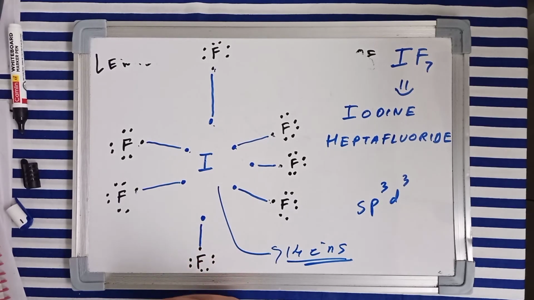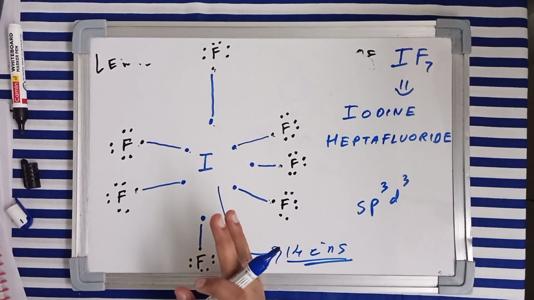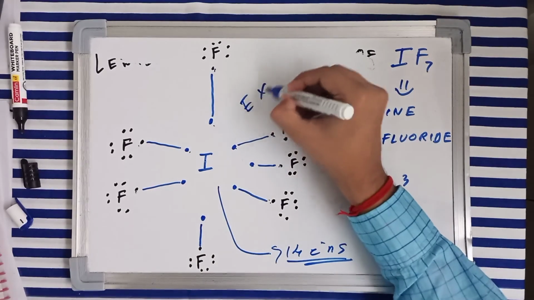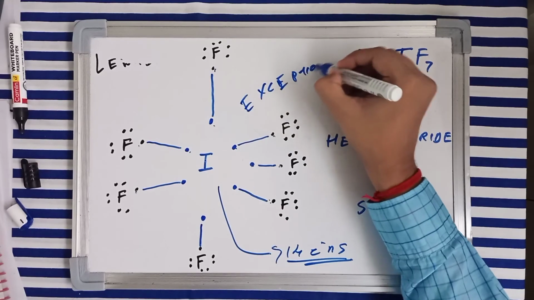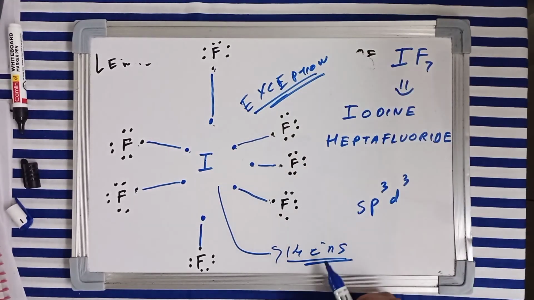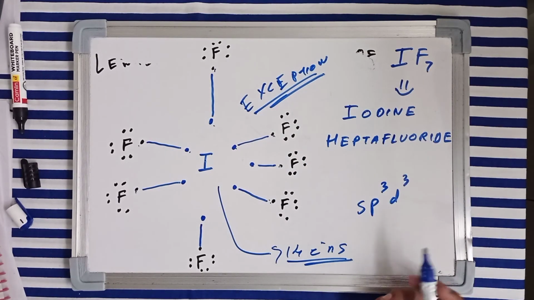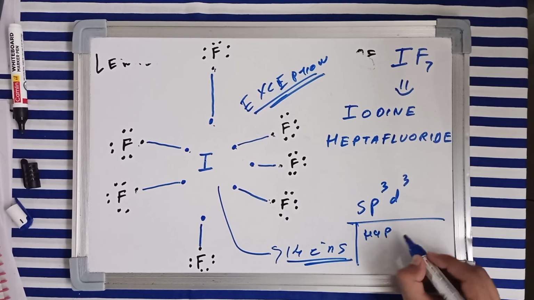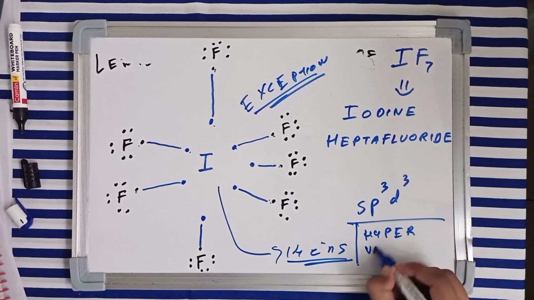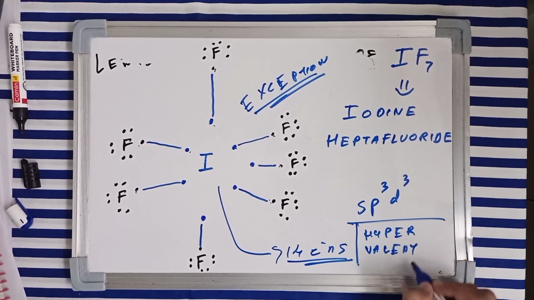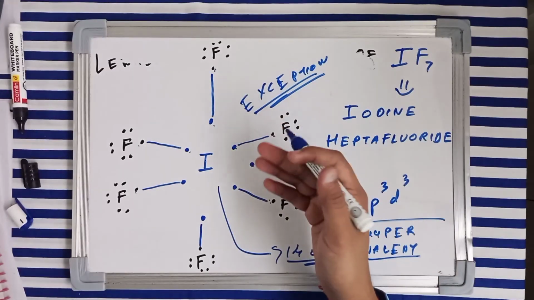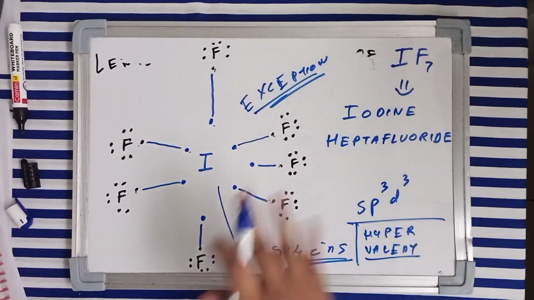Okay, so does this molecule exist? Yes, it does, and it is an exception to Lewis octet rule. And such molecules which have more than 8 electrons in the central atom are said to be hypervalent molecules or expanded octet molecules. They're an exception to Lewis octet rule, and yes, they do exist, right?